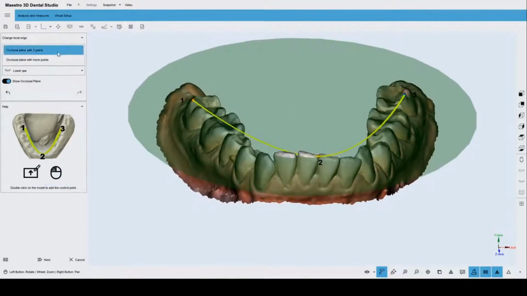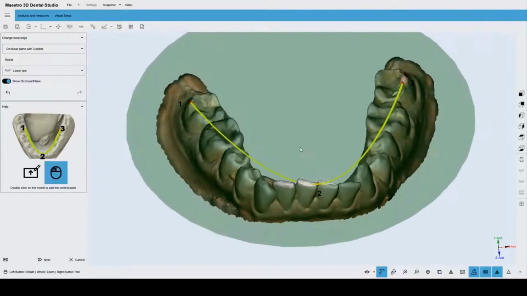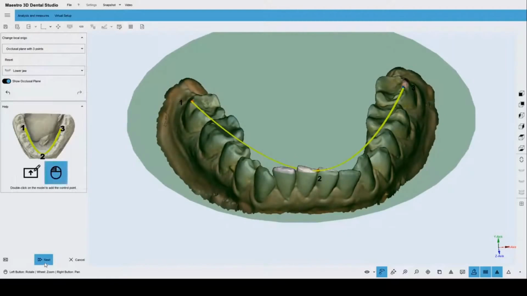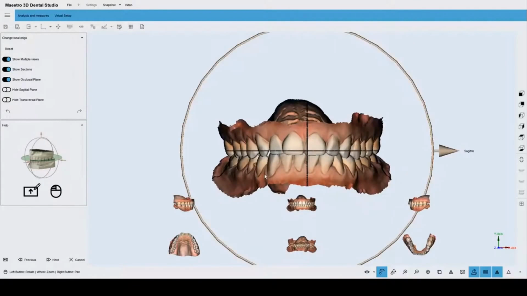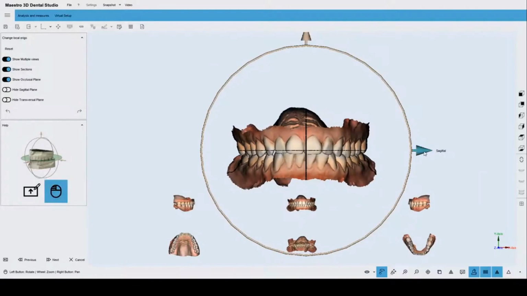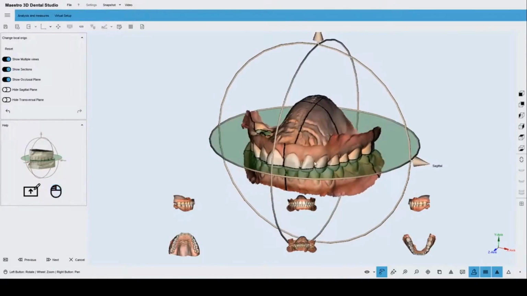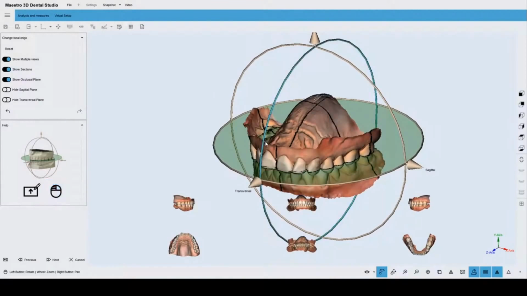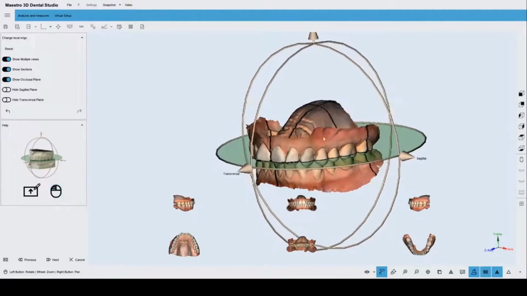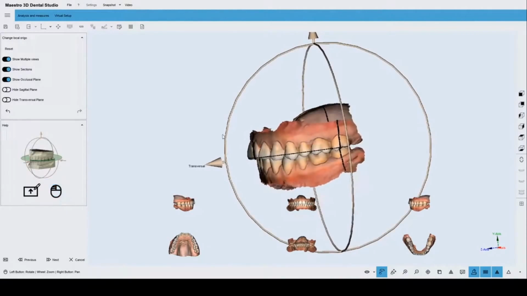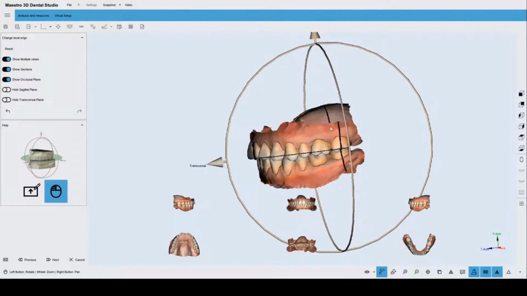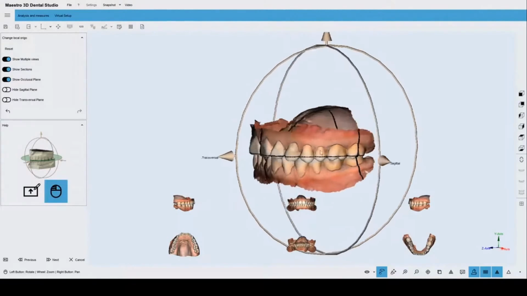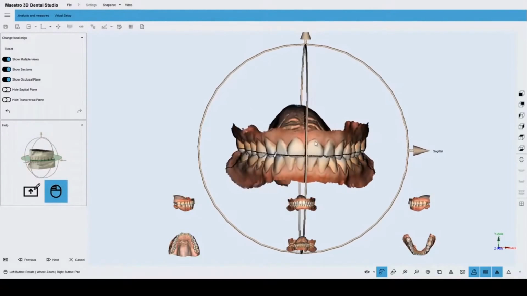We can also use more points in order to define our occlusal plane. And right after defining this starting occlusal plane, we can also improve our positioning, moving the axis and moving the center of our models using the manipulator